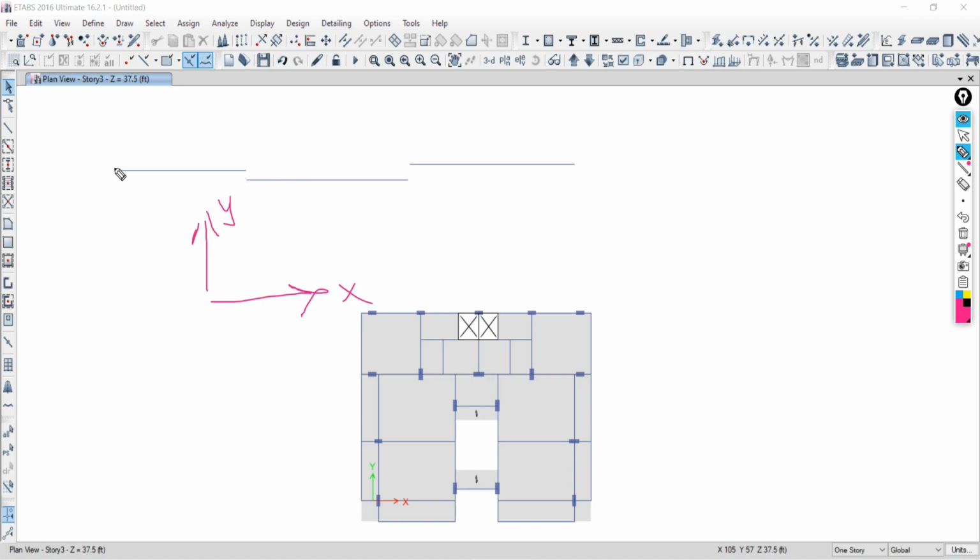If I want to keep all these beams in the same alignment, I need to look either about the y-axis or the x-axis. Tell me. Y-axis. Very good. You need to look at it about the y-axis.